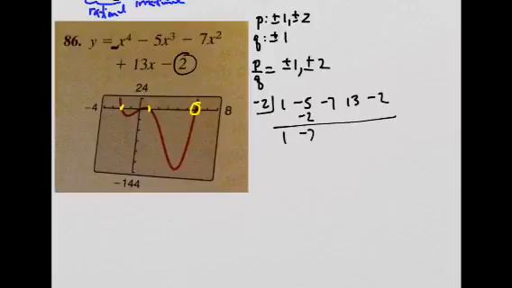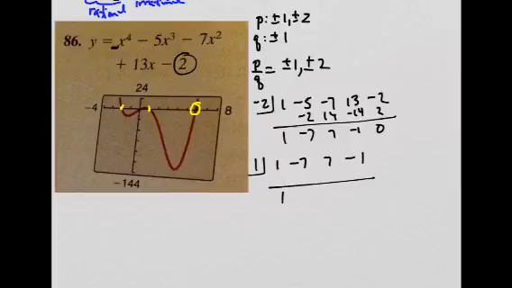And so I'm just doing the synthetic division. Okay, so yep, it was a 0. Then I'll try the 1. And remember, we're using the reduced polynomial coefficients. So bring down the 1. Bring down the 1. Okay, so this quadratic right here is x squared minus 6x plus 1, and it does